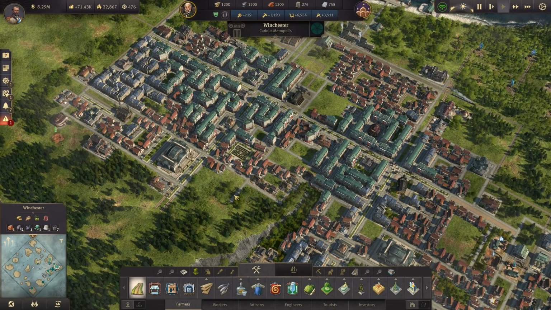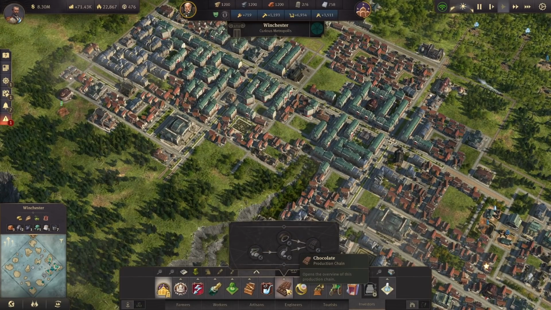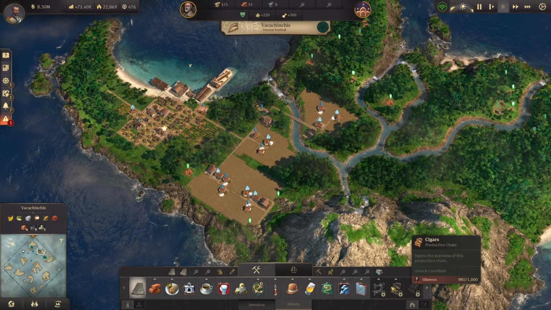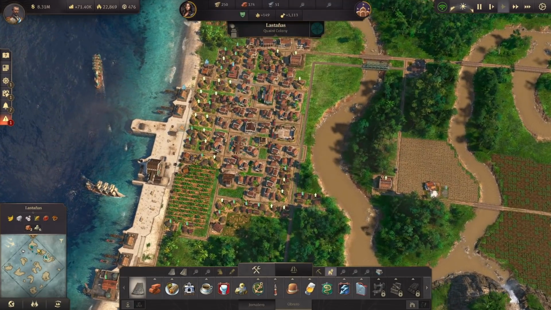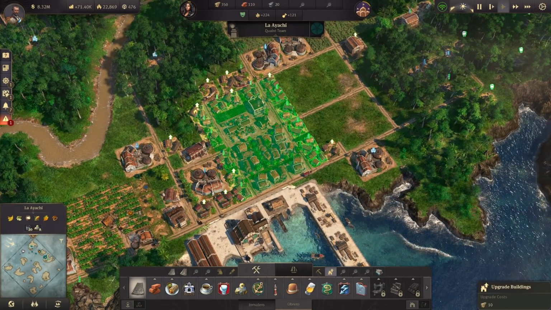Let's see. But we do need to get the champagne, the cigars, and the chocolate running. Don't think I have. No, I'm lacking a few obreros, actually. I'm not lacking many. Let's actually go ahead down here. Or up here, maybe? Yeah, let's go up here and do it. Let's go up here and get...